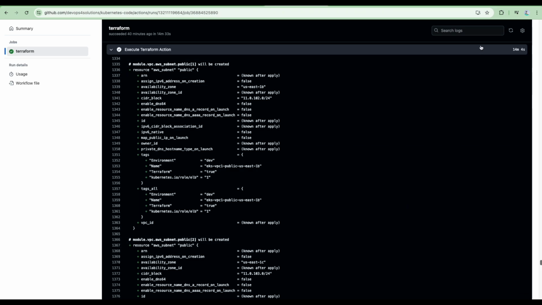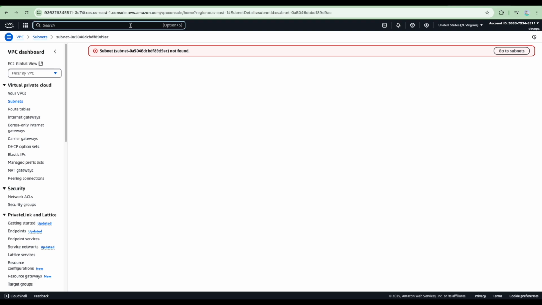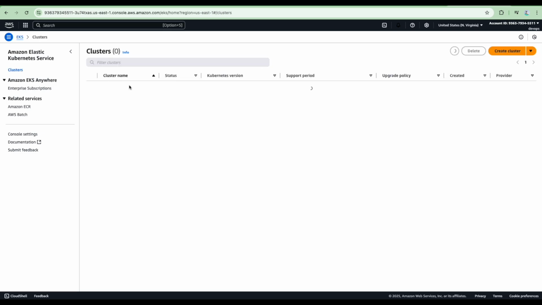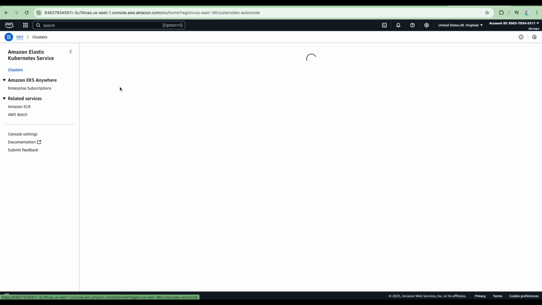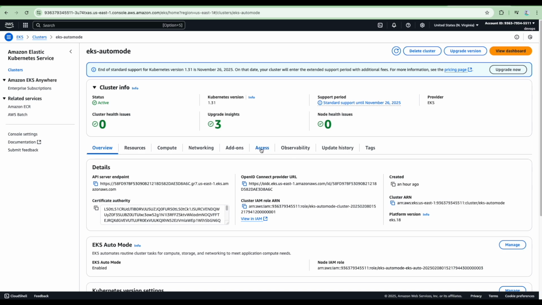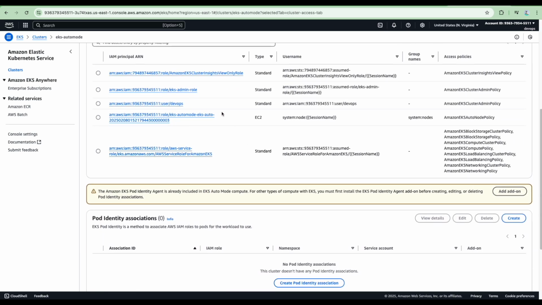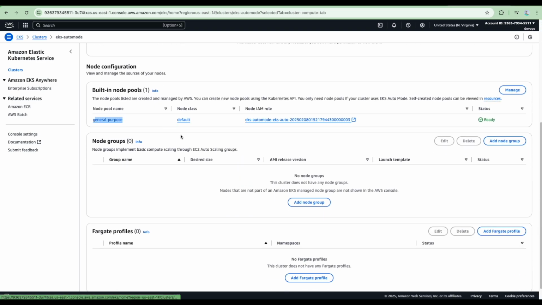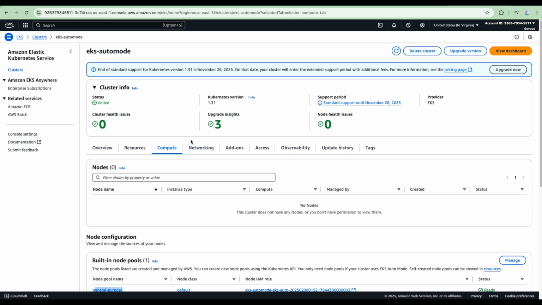Now let's open the EKS cluster, and I just wanted to show you how it looks once it's created successfully. So this is the cluster that got created, and here you can see it has everything. Let's go to the access. It has created this EKS admin role because we are assigning that, and this is the DevOps user, the user who created this EKS cluster using GitHub Actions. So it has everything, and in the compute options it has general purpose node pools. So your cluster is all set. You can just go ahead and deploy your workload there.